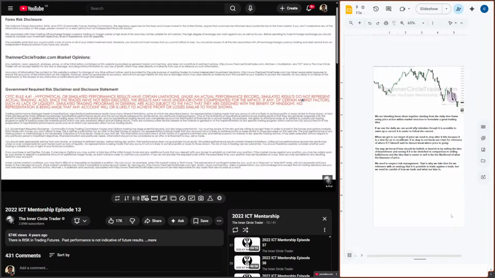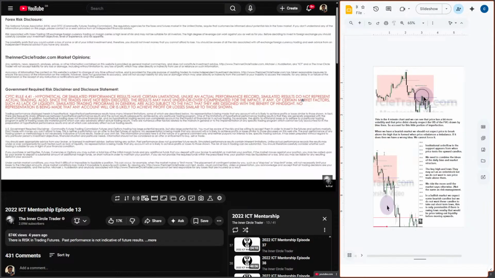So that's our posture, and we wrapped up with some summaries. Towards the end there was a conversation about how we can utilize the larger time frames to our own advantage, and a little bit of knowledge on, or respect, should I say, in terms of risk management. So that is us for today.